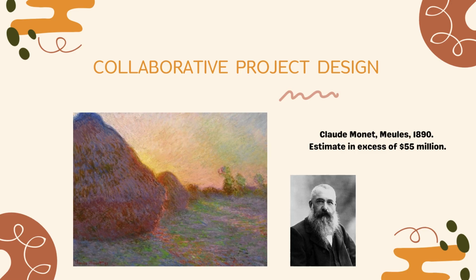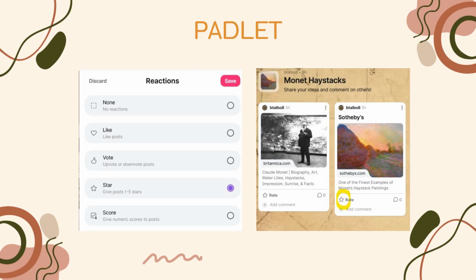There are 25 canvases in this series. The timeline for this project is 1 week. Each student should select a haystack they like and research everything that they can find out about it. Some may want to reproduce their favorite haystack through some form of art, since imitation is the sincerest form of flattery. Using Padlet, students will be able to collaborate, share resources, and interact